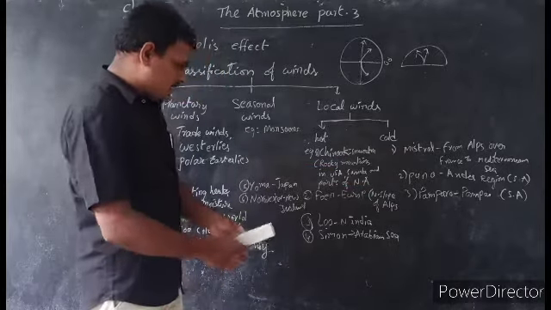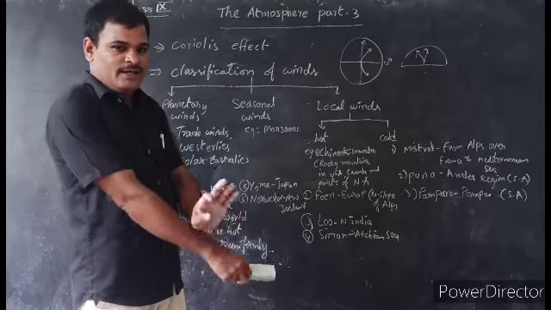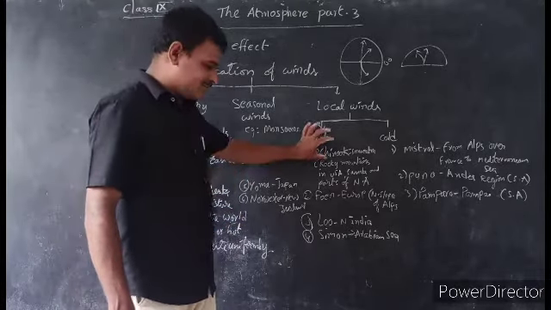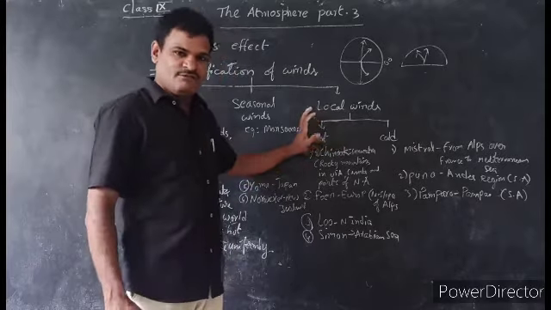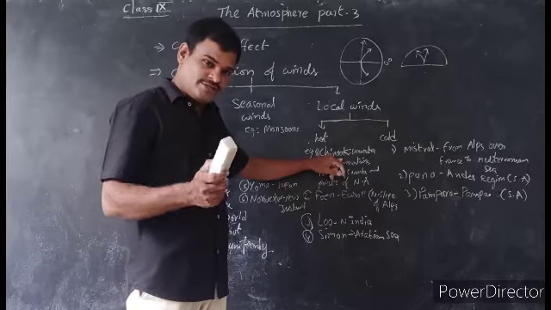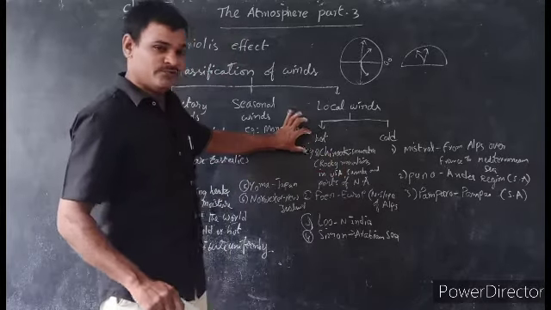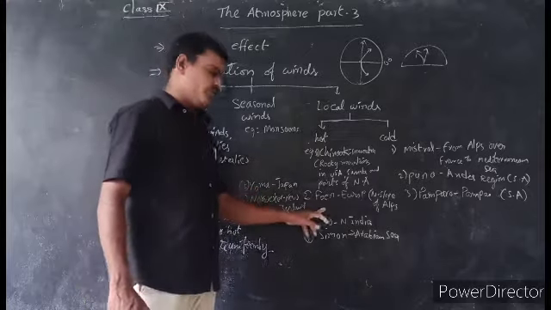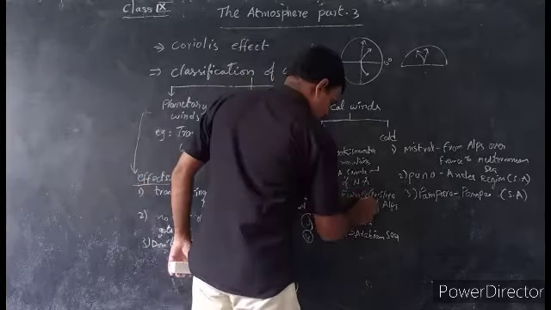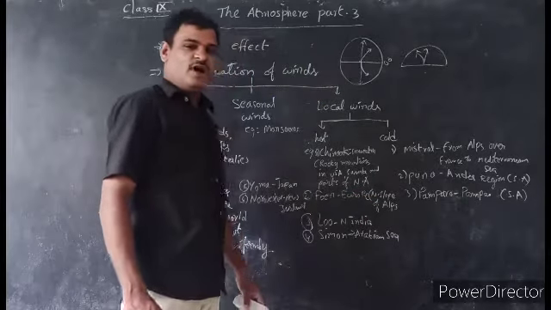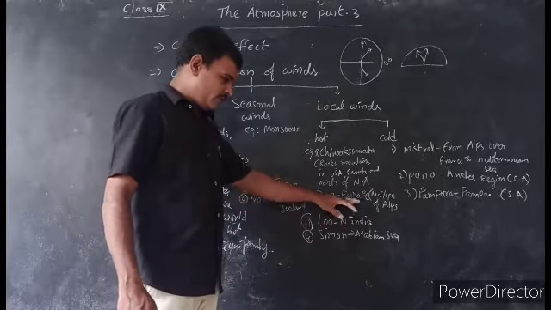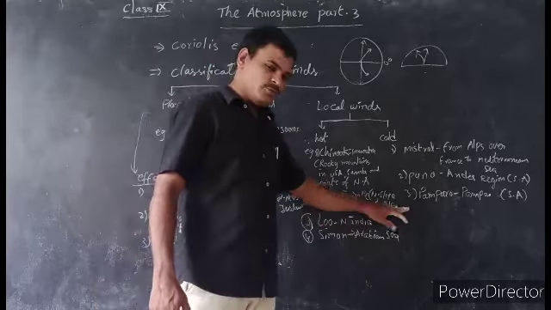Why is this called Chinook? Actually in America there is a tribe named Chinook. They first observed these winds, so this wind is named Chinook. So Chinook is a tribal name and also a hot wind name. The second one is Fohn. It is in Europe, particularly the northern slopes of the Alps mountains. We can see the Fohn in the European region, on the north slope of the Alps.